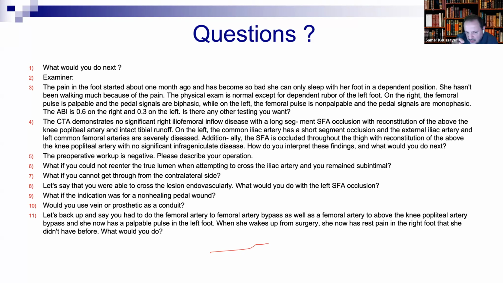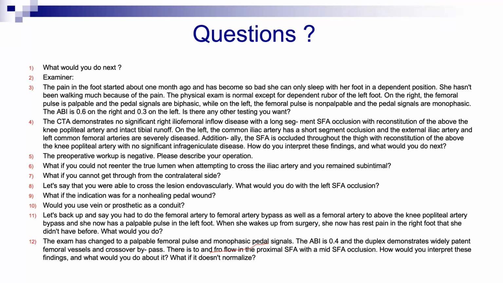When I'm trying to do ballooning or stenting of the common iliac artery, a small clot can jump over to the other side. Could be possible. But the most common is steal syndrome, because you did the fem-fem bypass. If you didn't do the fem-fem bypass, you would not have steal, because both SFAs are occluded. Because you open the SFA on the left, now the flow resistance is less on the left, so the blood will go to the left, and she has SFA occlusion on the right, then she may get steal syndrome.